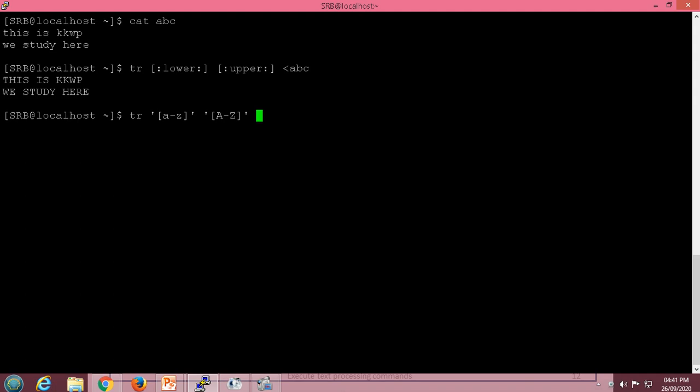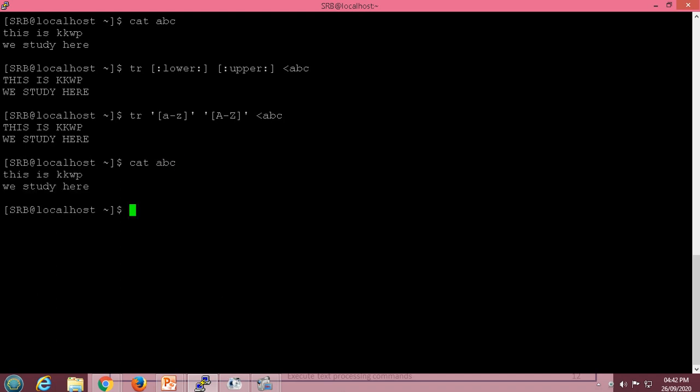This will also require the input redirection. Actually, this command will not change the content of the file. It will just display the translated output in uppercase.